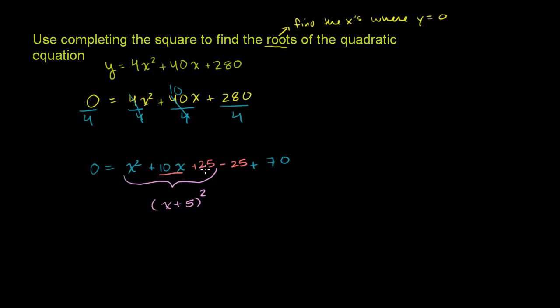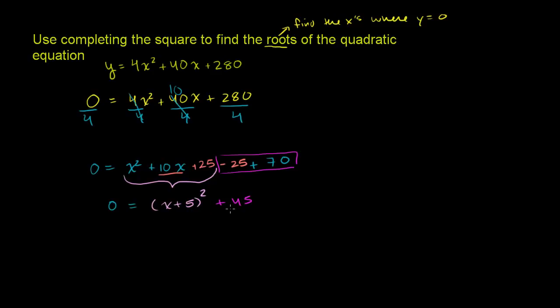So those first three terms become that. And then the second two terms right there, you just add them. Let's see, negative 25 plus 70. Negative 20 plus 70 would be positive 50, and then you have another 5, so it's plus 45. So we've just algebraically manipulated this equation, and we get 0 is equal to x plus 5